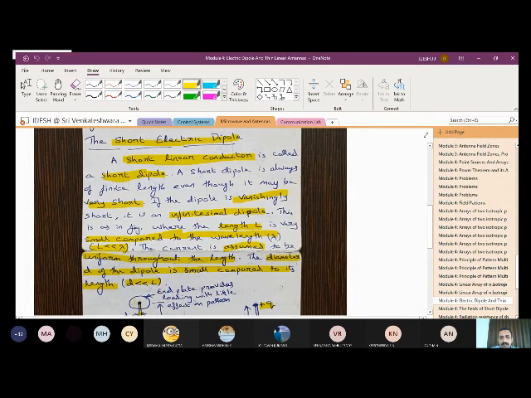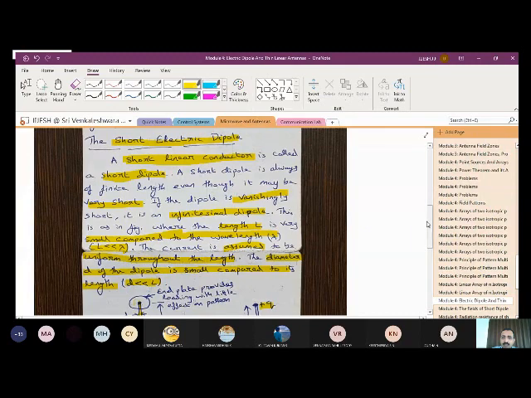Another condition you have to see is with respect to the diameter. When you talk about the diameter, the diameter D of the dipole is small, and D should also be less than L. So when you compare L with lambda, the length of the antenna has to be very much less compared to lambda, and the diameter D also has to be very small compared to lambda, and indirectly with respect to L as well.